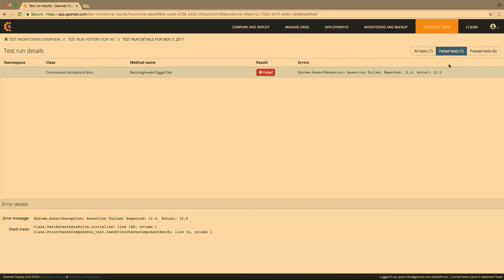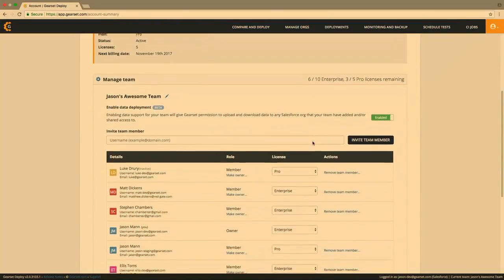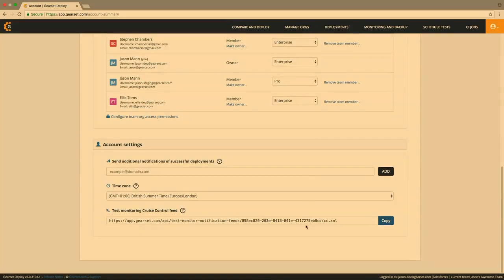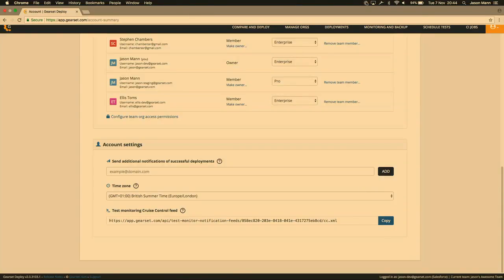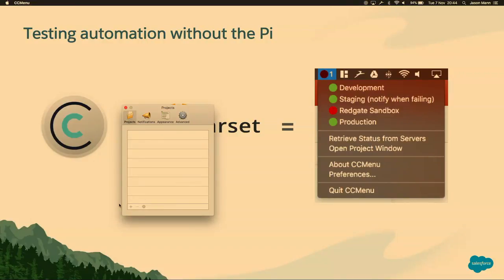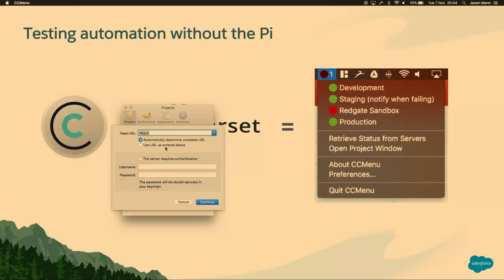Back over in GearSet, if I go to my team page and scroll down a little bit, you'll see this test notification feed URL. That's this open format that's going to let me know exactly where my test failures are. So we've previously installed CC Menus. This is a free piece of software which you can run. You just jump in, drop in that